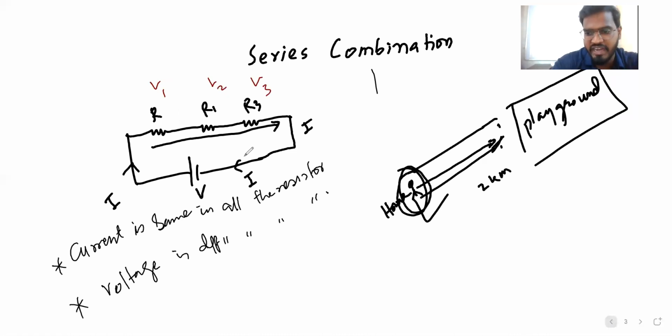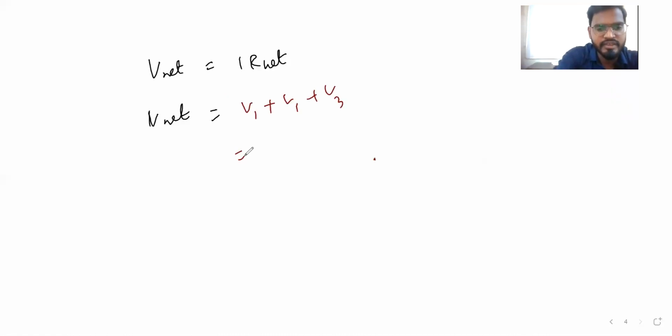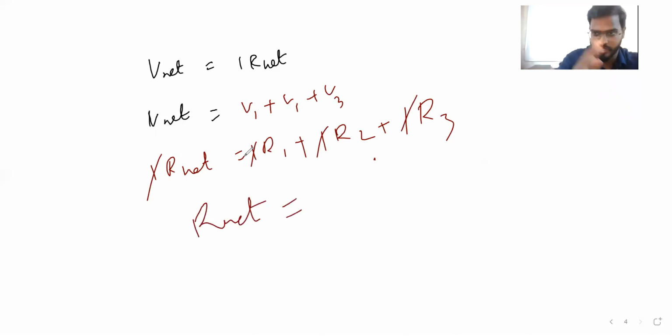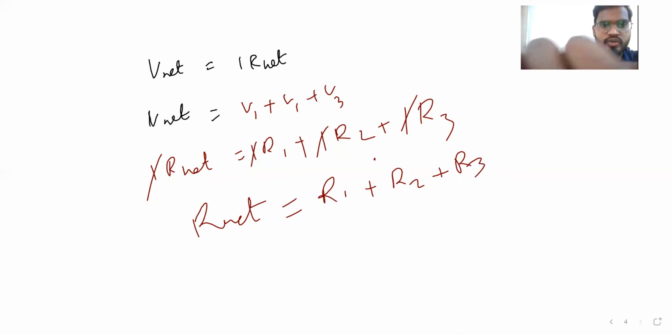Voltage is IR, so I into R1 plus I into R2 plus I into R3. V net we wrote as I R net. I will get cancelled out, since we take I common. So R net is equal to R1 plus R2 plus R3. That is known as